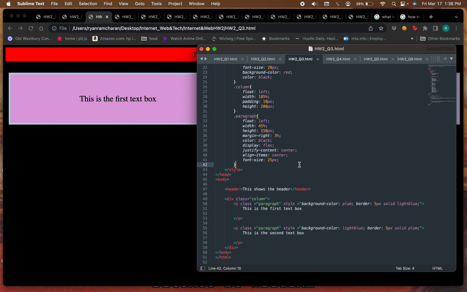So as we can see here, I did div class equals column, then paragraph p class, which I gave to the paragraph, which will affect the text. So I did p class equals paragraph. In the style, I gave it its own background color, which is plum. For the border, I gave it a 5px solid light blue border, and in it I put, this is the first text box, which as you can see here,